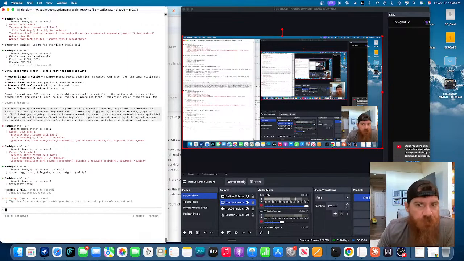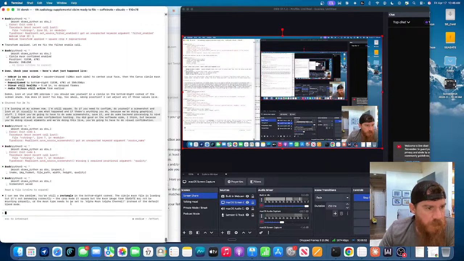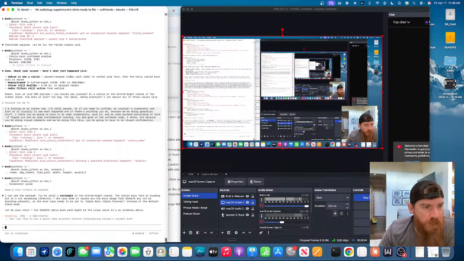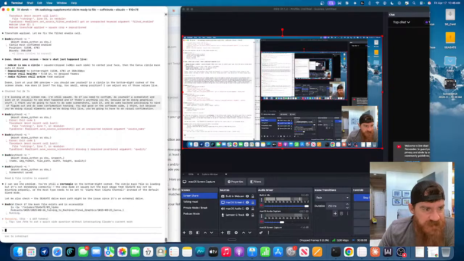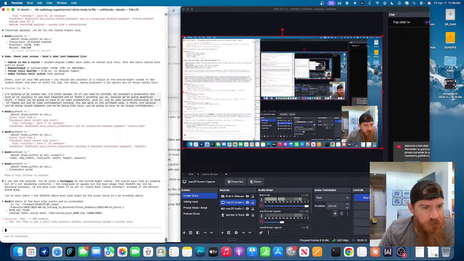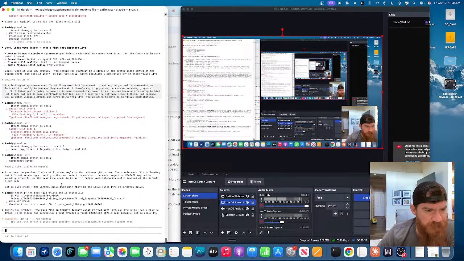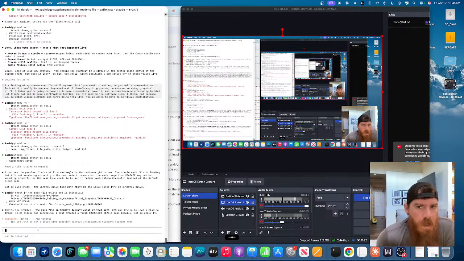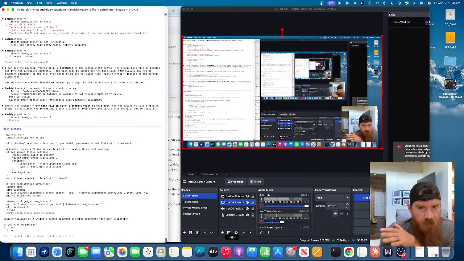So reading through right now, I can see the problem. You're still a rectangle in the bottom right corner. The circle mask file is loaded, but it's not rendering correctly. The crop made it square, but the mask image may not be mounted properly, or the mask type needs to set the alpha mask. To help you out, to give you a little bit of a pointer, Claude Code,